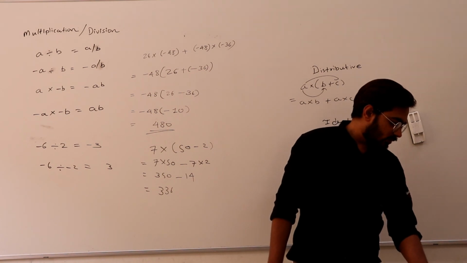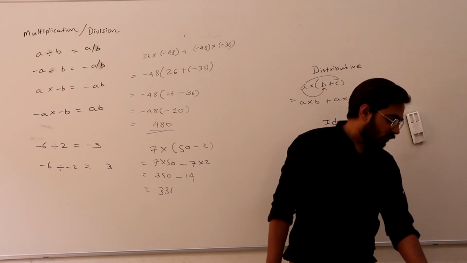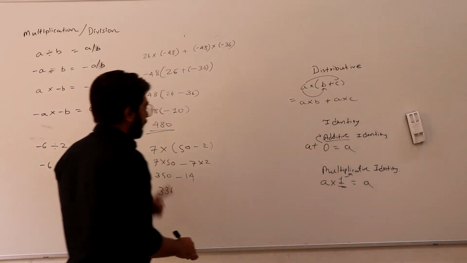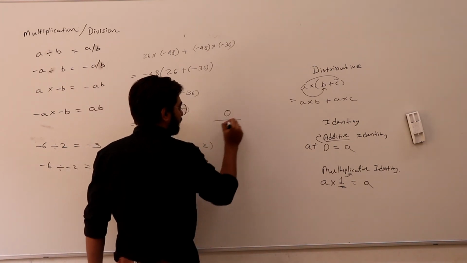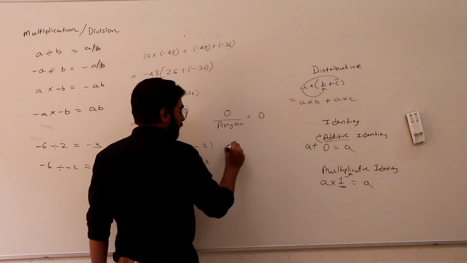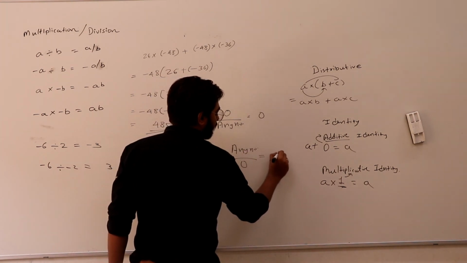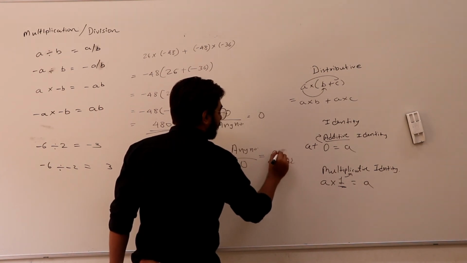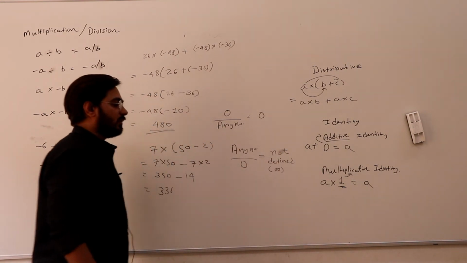Now I will give you some questions which you can solve on your own. It is very easy. And one more thing which you had already learned in the previous standard, we will revise again. 0 divided by any number gives you 0, but any number divided by 0 is not defined, beta, because you can never divide any number by 0, or you can write infinity as well.